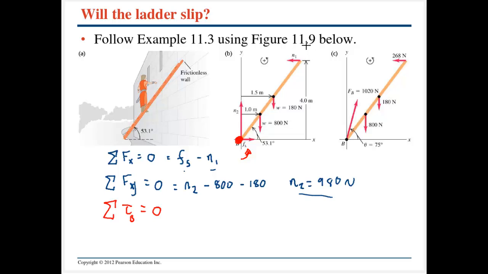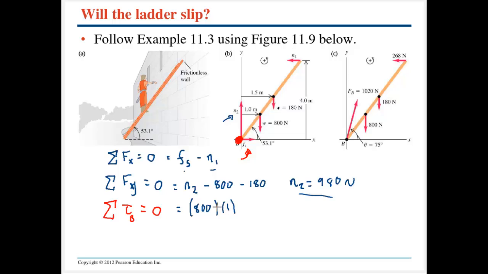I could have also chosen it to be up here. I don't know what that guy is either. However, the reason I chose point B is because this makes N2 also have a lever arm of 0, and that's one less term I have to write and worry about. So the sum of the torques now is going to be the forces multiplied by their lever arms. So I'm going to have 800 newtons with a lever arm of 1 meter,